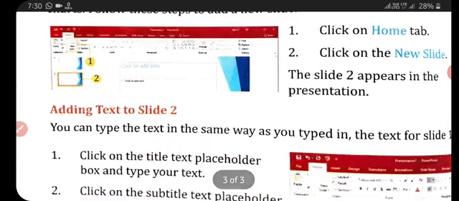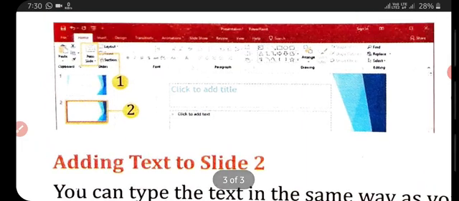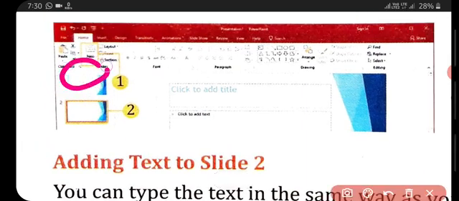After that, students, adding a new slide to the presentation. How do we add a new slide? Here we see this is the first slide and this is the second slide. How do we do it like this? Students, your next step is to create the next slide after creating a title slide. When you open a new presentation, PowerPoint creates a blank title slide. To build a presentation you can add as many slides as you like.